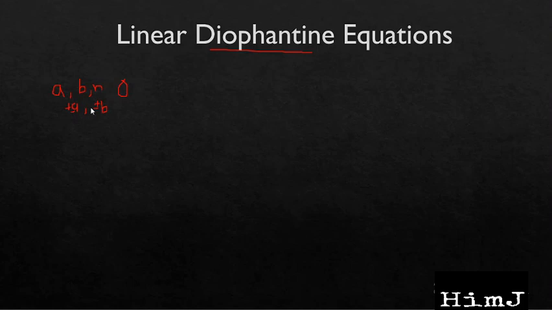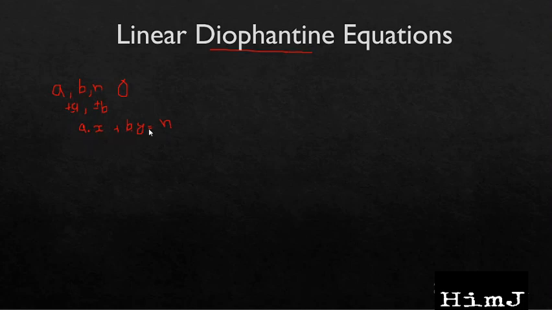So let's see what this problem asks. Basically we have to take x times a and y times b. So the contribution will be a times x plus b times y, and this value should come out to be n. Now you can see this is a polynomial equation with x and y as unknowns, and the solution of this equation should be integers, that is x and y should be integers, because we need to take a and b completely. We cannot take them in fractions. So this is a Diophantine equation.